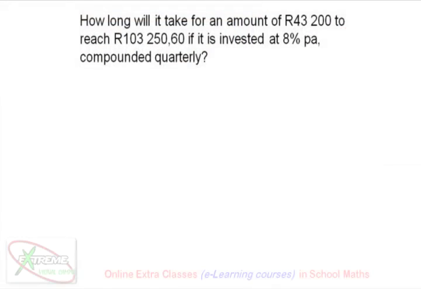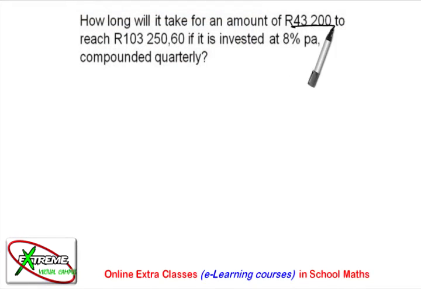How long will it take if you invest an amount of 43,200 to reach a final amount of 103,250 rands and 60 cents in your bank account if it is invested at 8% per annum, compound interest rate? They're telling us that it is compounded, but they're also telling us that it's quarterly, which means it's every quarter, or 4 times a year, that the interest will be calculated on